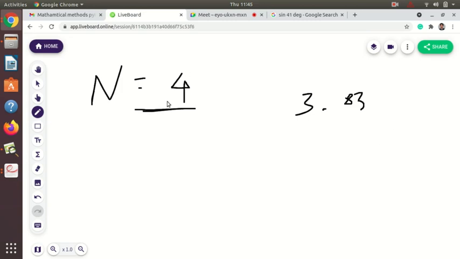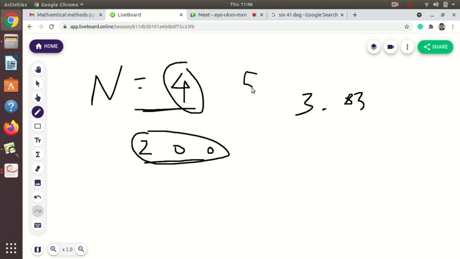So if I get value of n is equal to 4, then I know this is equal to h square plus k square plus l square. Now we have to choose the values of h, k, l such that the addition of their squares will be 4. What values should I take? Suppose I take 2, 0, 0. So in case this is h, k, l, then 2 square plus 0 square plus 0 square. So square of 2 is 4 plus 0 plus 0 is equal to 4. So I am getting the HKL plane equal to 2, 0, 0 or 0, 2, 0 or 0, 0, 2. It doesn't matter, okay, but we are getting such planes.